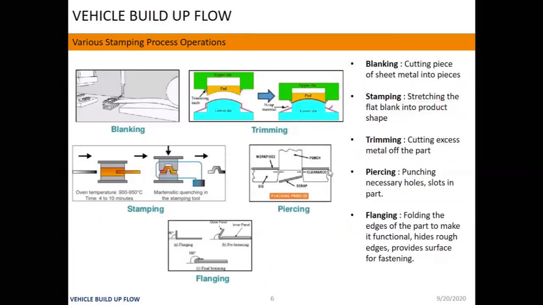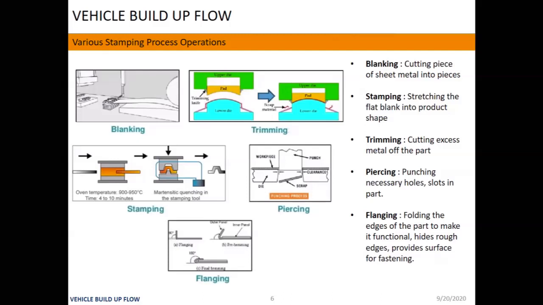I can understand. Hemming, yes. So flanging means the part is flat and is bent some certain degrees, right? And hemming means joined with another part, a different part. Correct, yes.